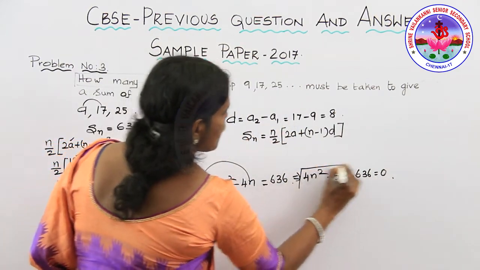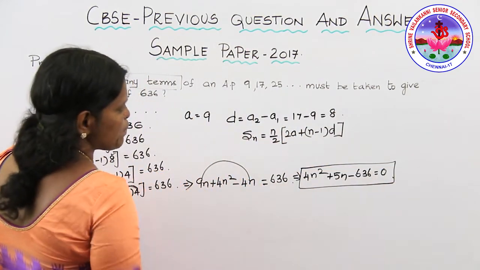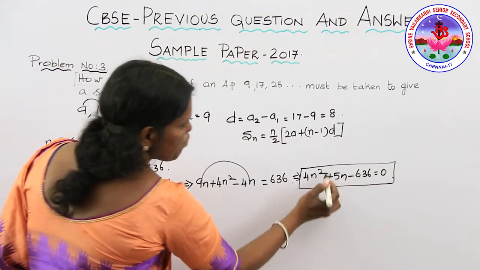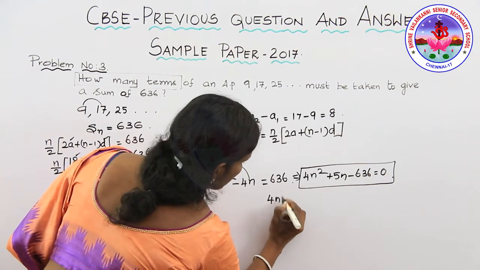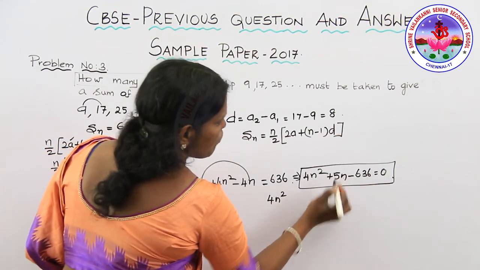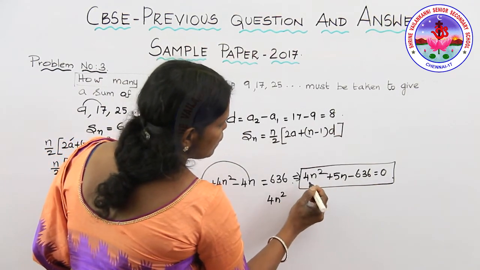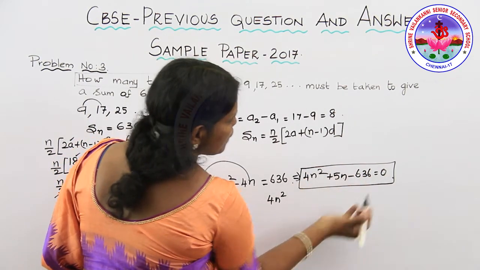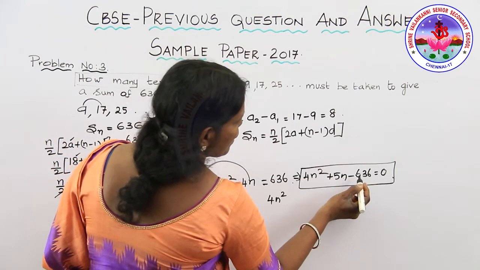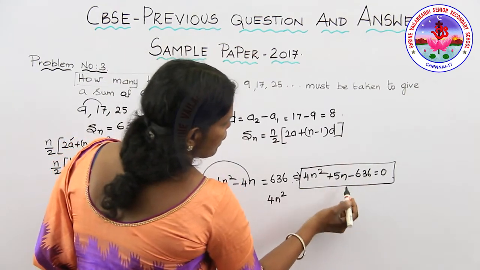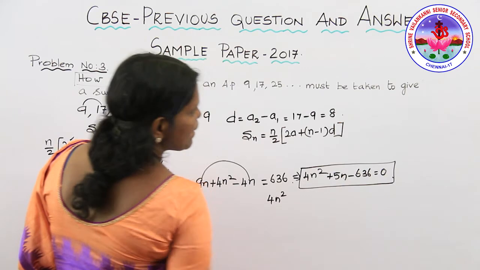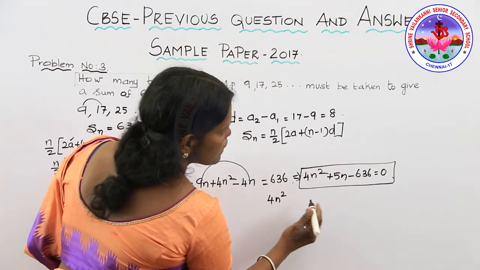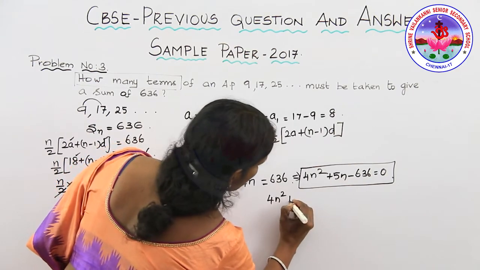So I brought this in terms of the quadratic expression. I'm going to find the value of n by splitting up of its middle term. I will be getting 4n squared plus 5n. So I am using the PSF method, that is the coefficient of n squared is multiplied with the C term, and I am going to find the factors such that if I add or subtract them, I will be getting the middle term. So this you have learnt in the previous class. I am going to use this splitting up of its middle term now.